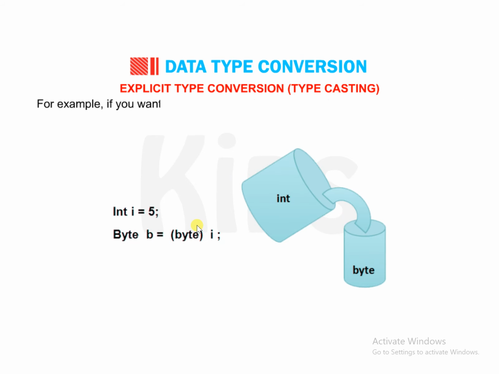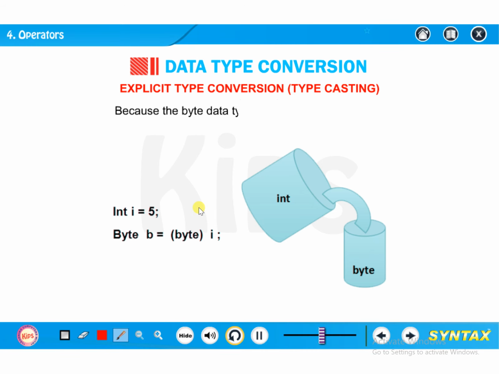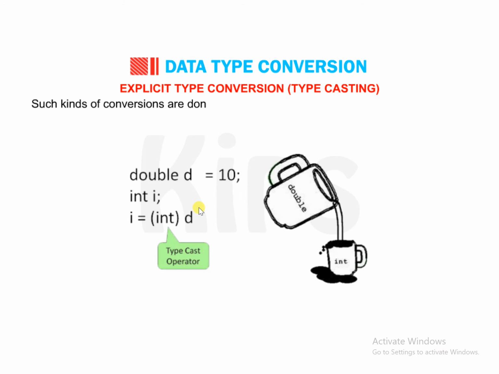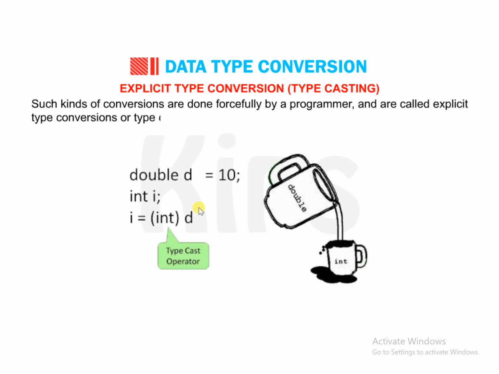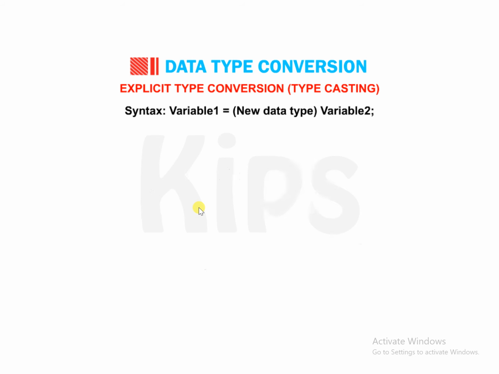For example, if you want to assign an integer value to a byte variable, the conversion will not be performed automatically because the byte data type is smaller in size than integer. Such kinds of conversions are done forcefully by a programmer and are called explicit type conversions or typecasting. Syntax: variable1 = (new data type) variable2; Example: float a; int b; b = (int) a;